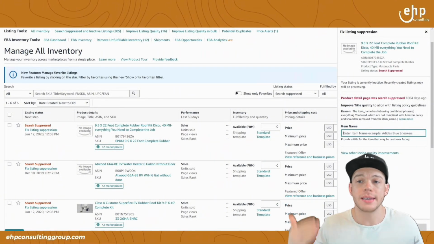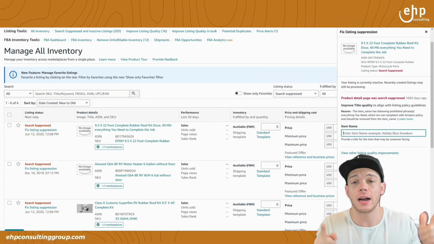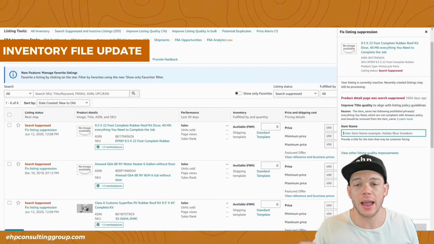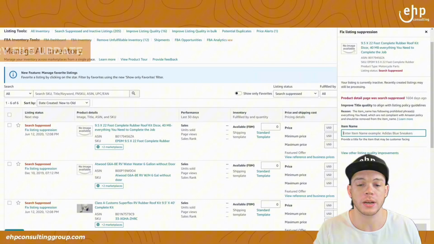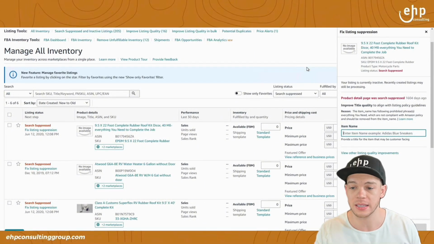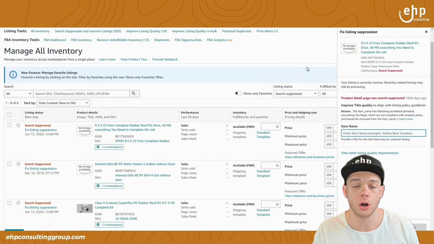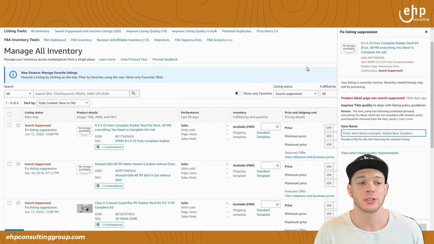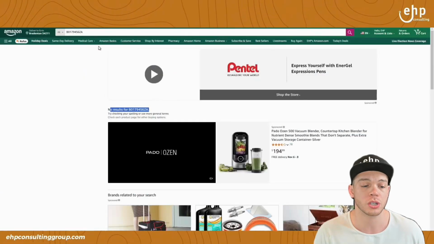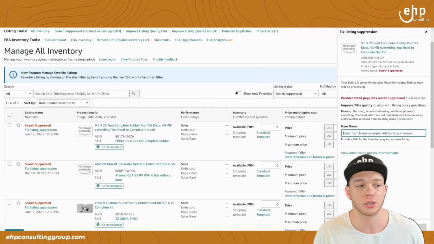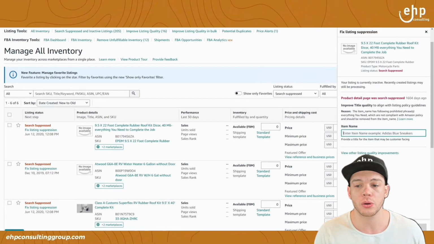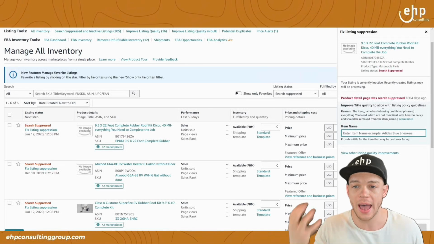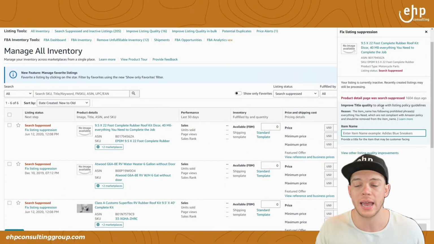So that brings me to the next topic, and that is if it's still not fixed, it's time to do an inventory file update. So this is when it gets serious and it's time to fix the listing for sure 100%. Now before we do this, it's time to take your screenshots. So like I said, you're gonna wanna take screenshots of this error and not showing up, any errors you see on the listing, any fixed listing error suppression, just to have that for Amazon, because they're going to ask you,